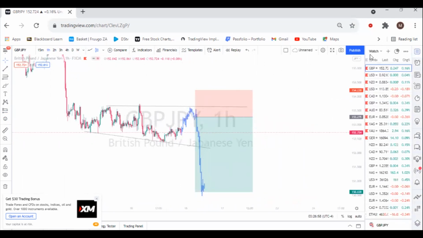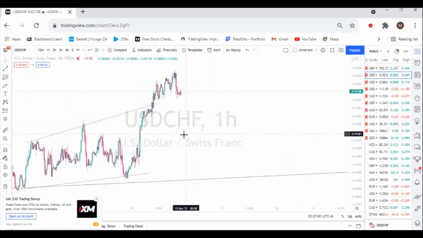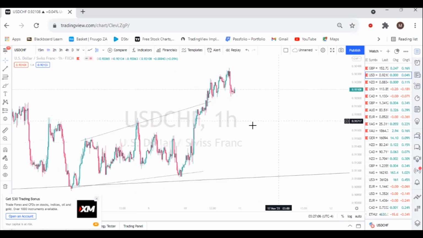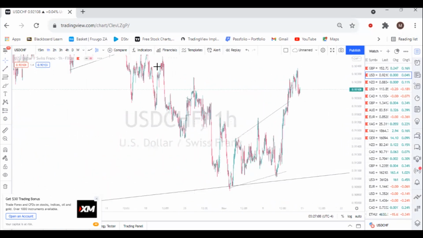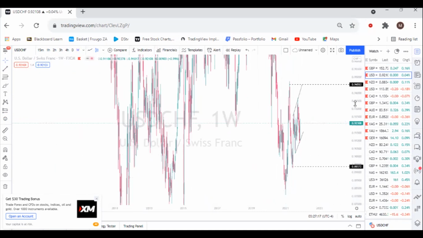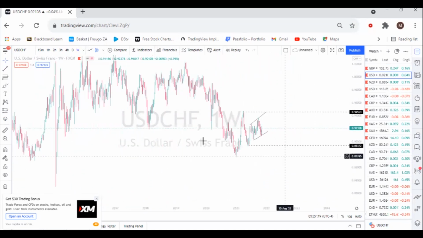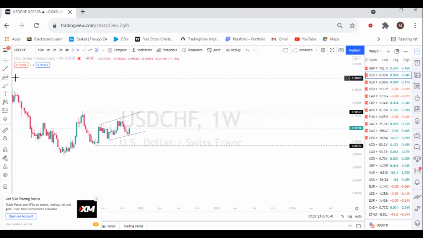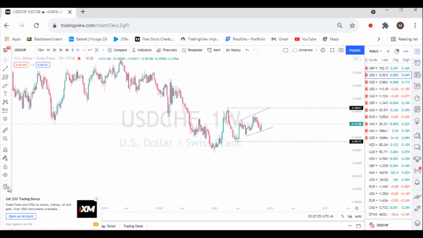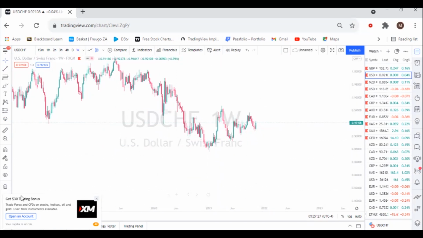We're expecting a sell off. So moving on to the next pair, which is USD CHF, the Swiss franc. Once again, we start from the weekly and we spot what is happening. So I'm just gonna zoom in to the current market, and let me just remove everything, because some of these